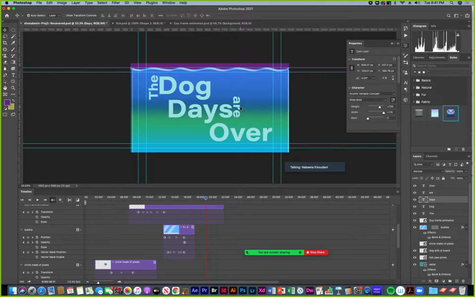Maybe this will look better over a little bit to fill the space better. Line things up. Give that a little more space. The can move up a little bit. Okay, so that looks pretty good. Days are over. Okay, so now that I have my layout, this is how I want the layout to end.